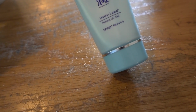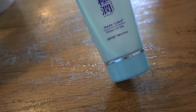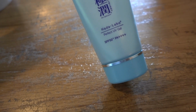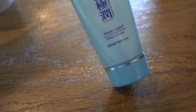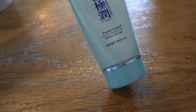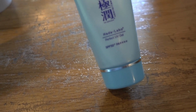Finishing up the MD Complete combination sunscreen that I've been using to reapply. And so I reviewed the Hada Labo Perfect White UV Gel for you all this week. And this is a bottle that I purchased around the time that a viewer sent me the last bottle I was using. So this little bottle is no longer available on Amazon. I mean, it is on Amazon, but it's incredibly expensive, and I don't think you can get it on Yes Style. They've since